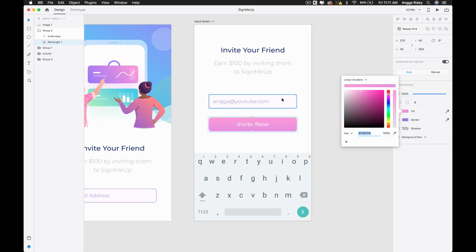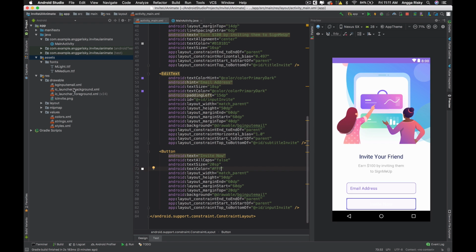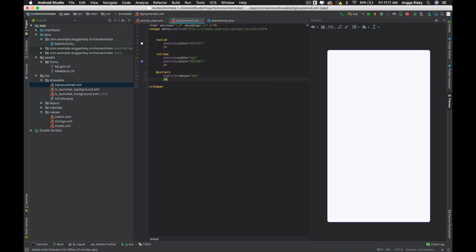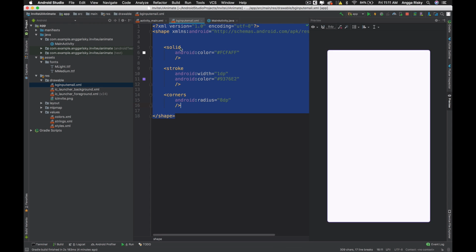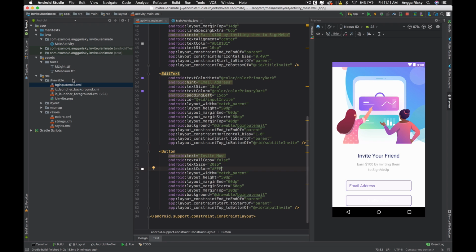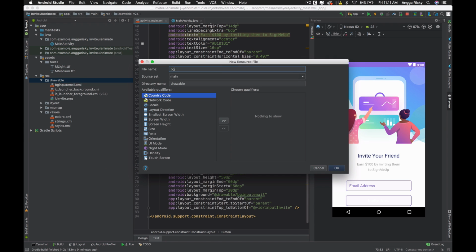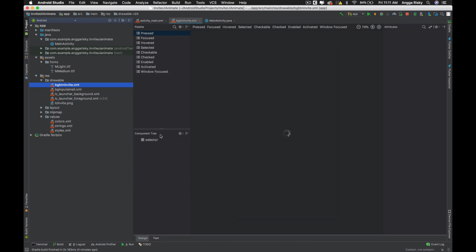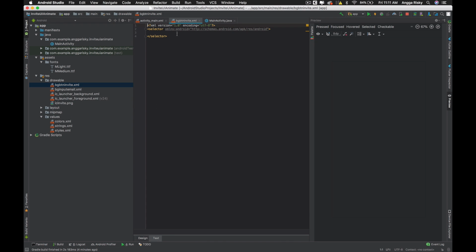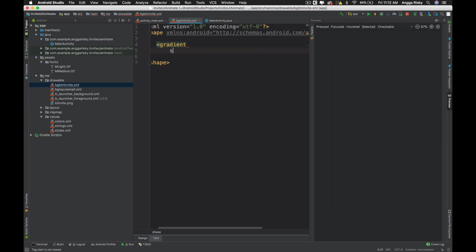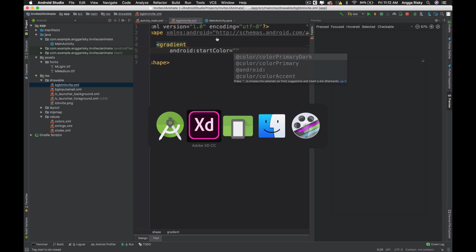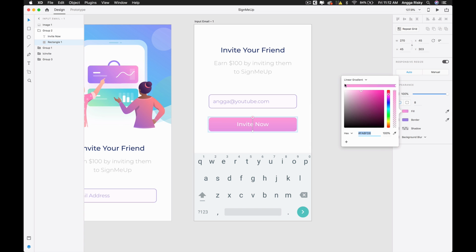go with a drawable. So we'll go back to the background input. Okay, sorry, not yet. So we have to go to drawable and then a background button invite. Okay, and we're heading to the text here and start from scratch. And this is supposed to be a gradient, so the start color we have to copy from here, this one,